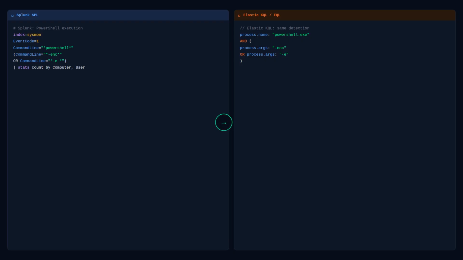In Elastic, KQL is more structured and field-centric. You're referencing standard ECS field names like process.name and process.args. It's cleaner for simple queries, and Elastic also has EQL for writing sequence-based detections, catching an attacker across multiple related